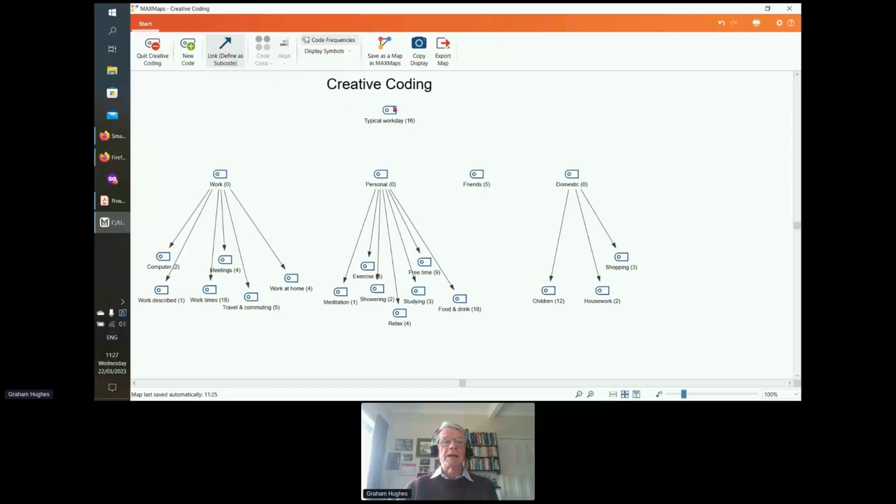So I go back into link mode, and I now draw links between these. Wait till the highlight appears, and then you've created the links. So now I've got a new structure. I've quickly, in a very creative way, reorganized my codes. If I select a code like the work, I come out of link mode, select the work code, I can